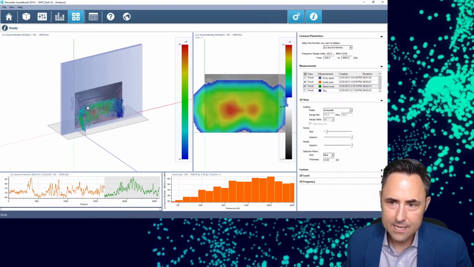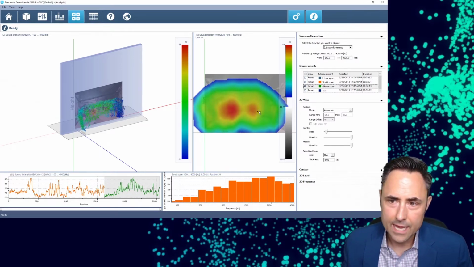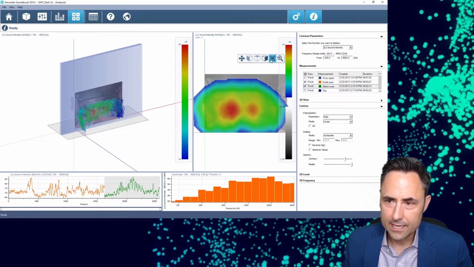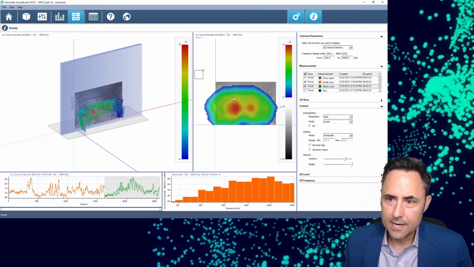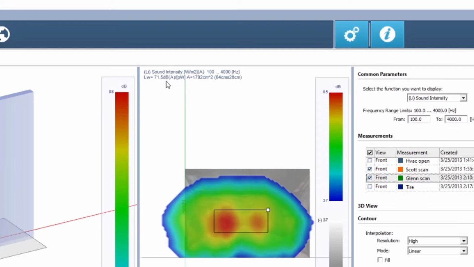So I can see, oh, yep, those are my two weak spots in my front of dash, right here and right here. And I can actually come over here and calculate a sound power value for those areas. So I have an area, I have the intensity. I can say these two areas are representing about 71.5 dBA of sound power. Okay, 71.5 for both.